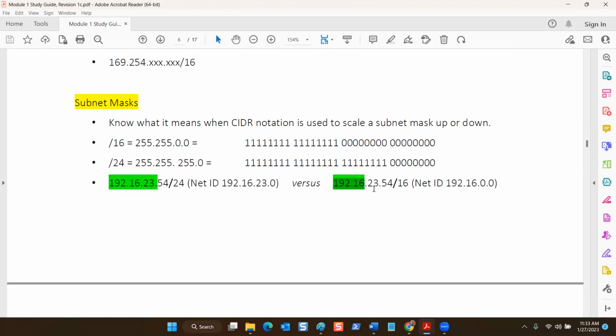So this device could talk to devices that had a .22 or a .202 here, right? This device could not. If there was a .22 or a .202 right here, this device would say, yeah, they don't have a .23, so they don't belong to us. They're not in our neighborhood. That's how IP addressing works. You have to belong to the same network, neighborhood,